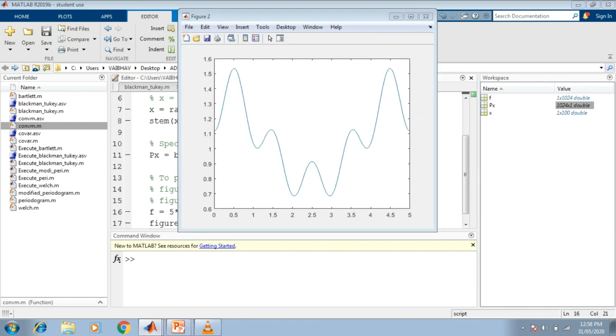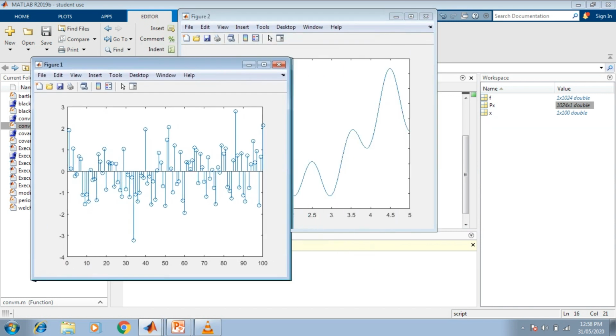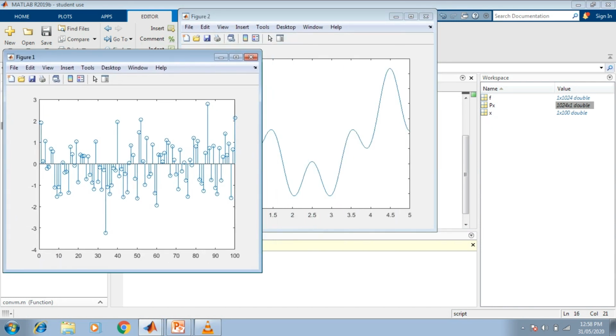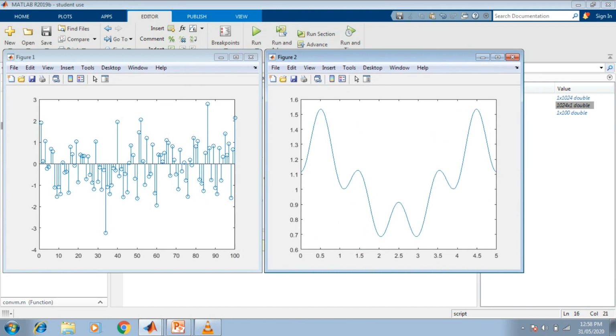So here we can see the first window, the input discrete time random process generated, and here is the second window, where we have the markings from 0 to 5 with intervals of 0.5 at each step, that is, the half intervals marked on the horizontal side. This is all in terms of the hertz value of the frequency.